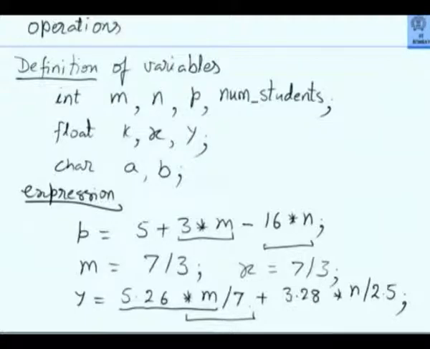Now, what is to be divided is floating point, and what the dividend is integer. So what will happen? 7 will get converted first to floating point, and the result will be floating point. That is how this expression will work correctly. Suppose you had written m by 7 first, and then said multiply by this. Then what would have happened? M is integer, 7 is integer, integer division would have resulted. You would have lost the fraction, the result would be integer. Now that when it is multiplied by 5.26, that integer will be converted to floating point.